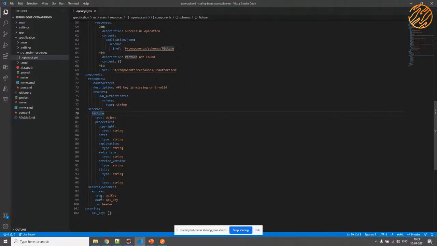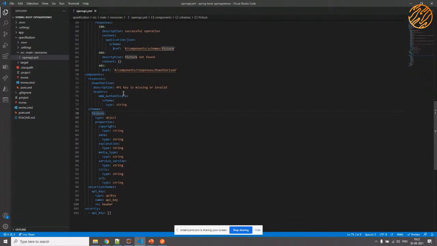Now, coming to the security part, you can also add security to your APIs. You can have an API key in place, which can be used in the header. Anyone who consumes your APIs has to pass or provide this API key. This API key helps you determine whether the client who is accessing your API is an authenticated user or not. This kind of information can also be specified in this file using the OpenAPI specification.